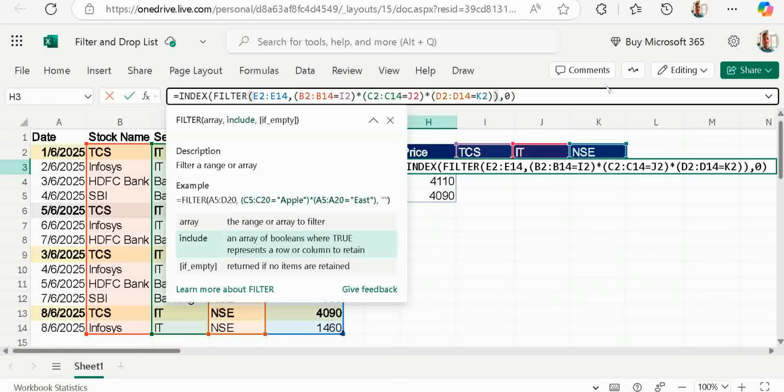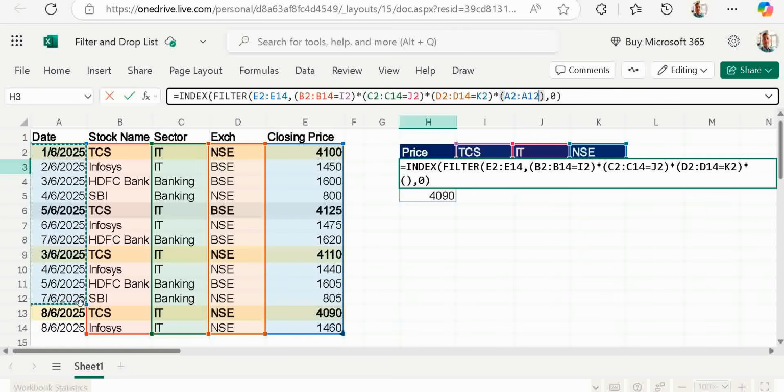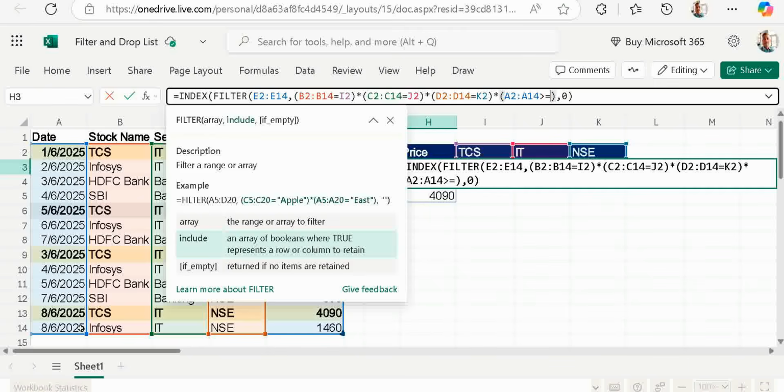You just put another asterisk, bracket open, just give the date range, greater than or equal to, then just put the date,